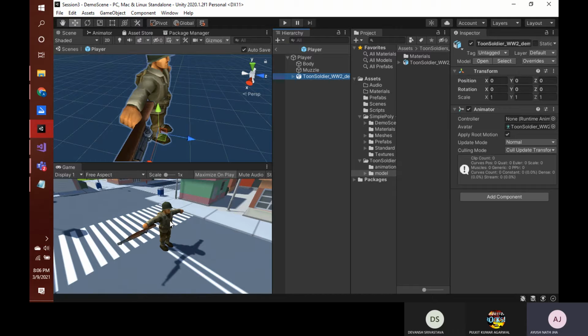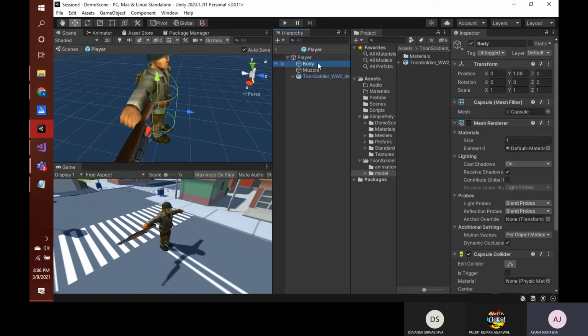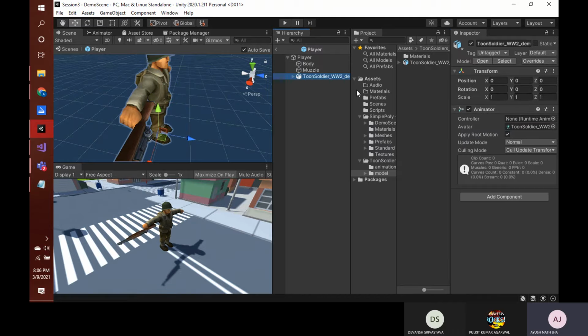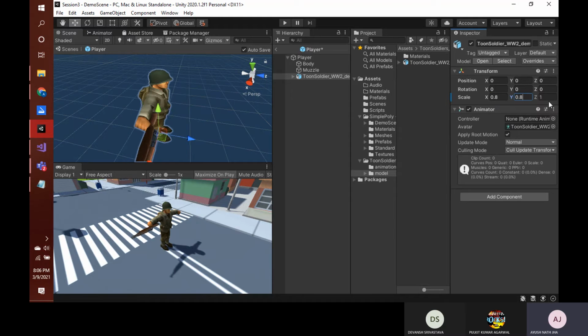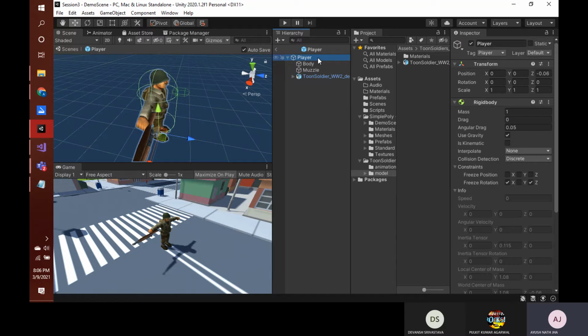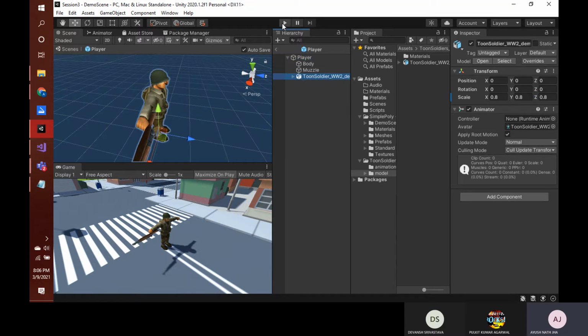And as you can see, it is a bit large as compared to our main body, and that's fine. But if you would like to decrease its size, you can simply do it by rescaling it by, let's say, 0.8, 0.8, and 0.8 in all three directions. So now I have rescaled it, and yeah. Now if I hit play,